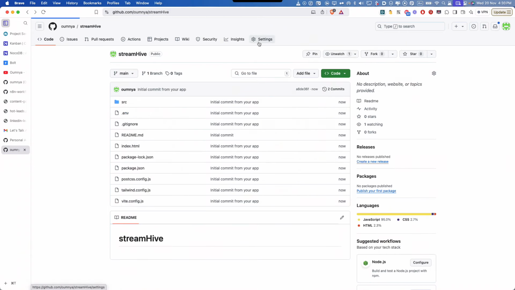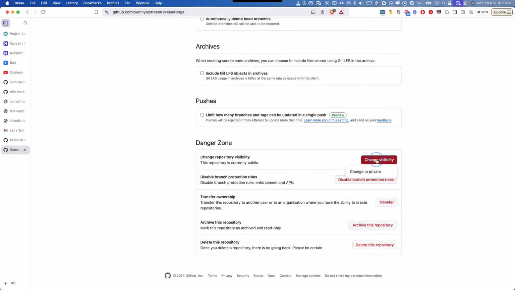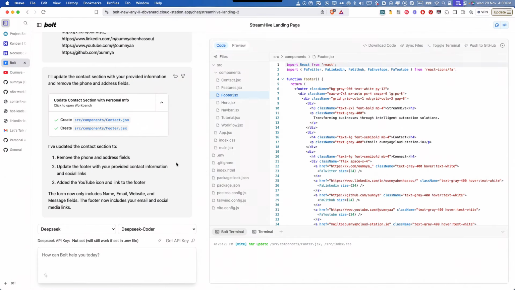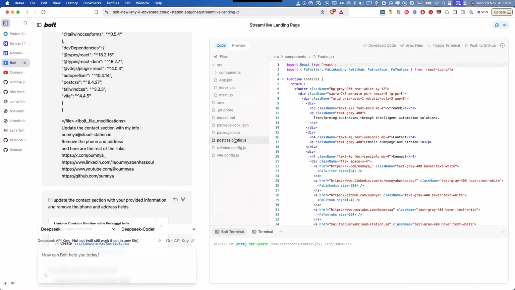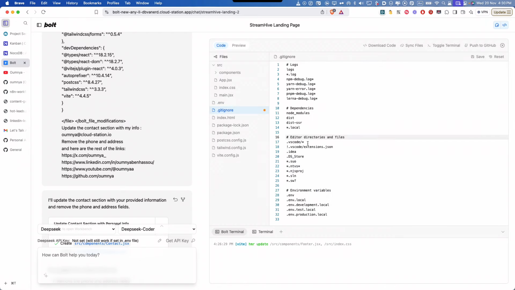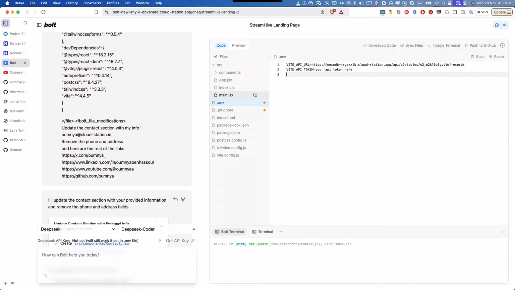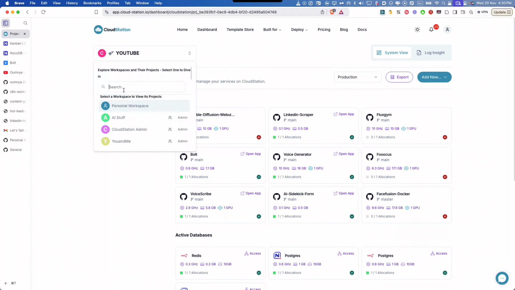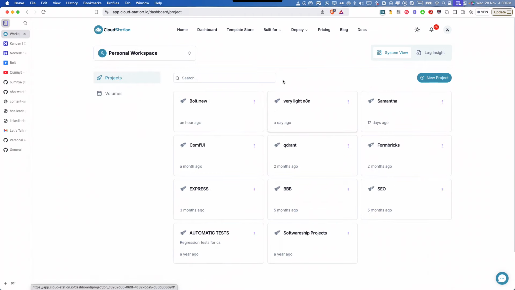So first I'm gonna go to settings, and I am going to change the visibility to private. It shouldn't have pushed the .env file. It must be an issue here. That's okay. Now that it's private, I'm gonna go back to CloudStation, and in the same repo or any other